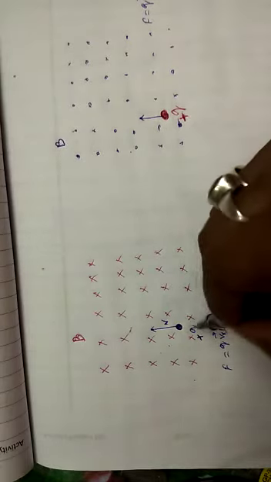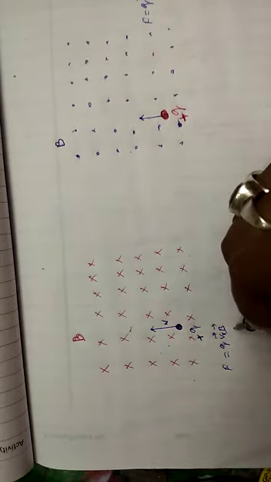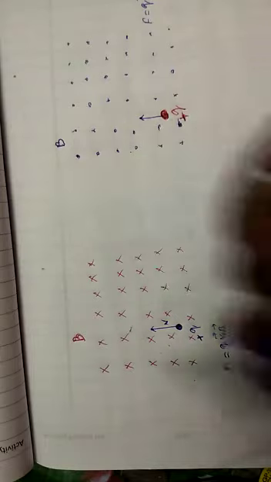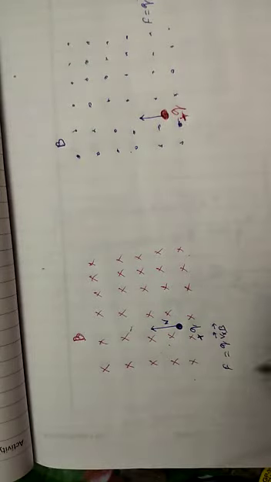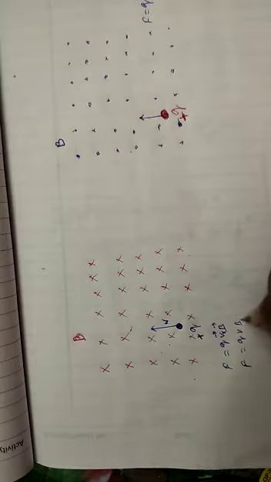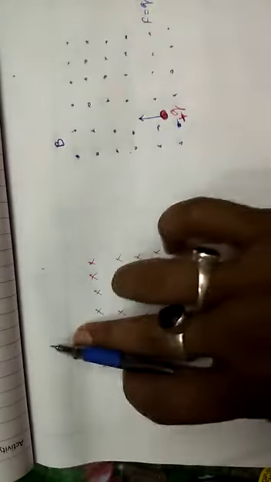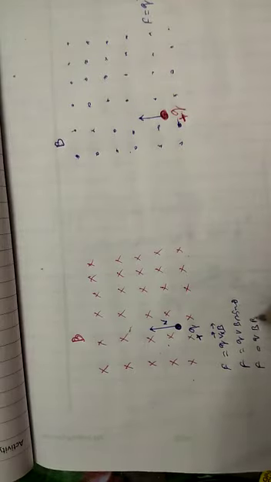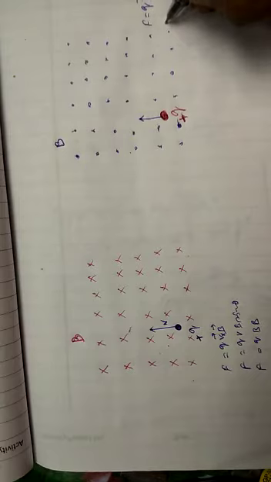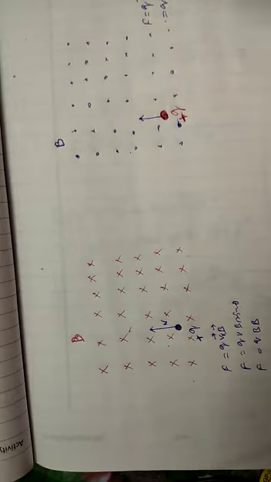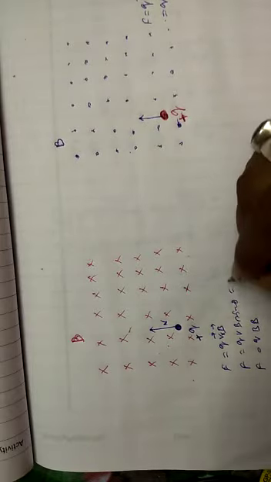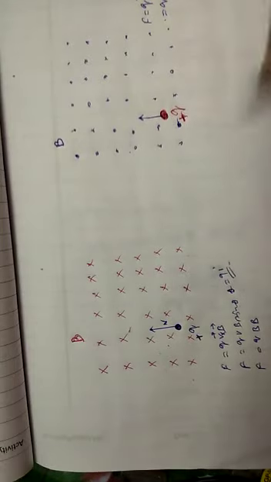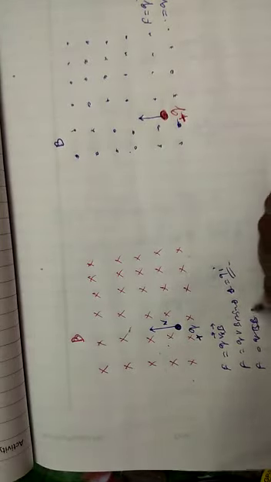So if it is a perpendicular direction, sine theta is going to be sine 90 degrees. So it is going to be qvB sine theta. If it is moving perpendicularly, the field is in this direction and v is moving perpendicular to this, then theta is considered to be 90 degrees, and it is going to be qvB. Here too, similarly, qvB sine 90 degrees, that is 1, where theta is equal to 90 degrees. So qvB.